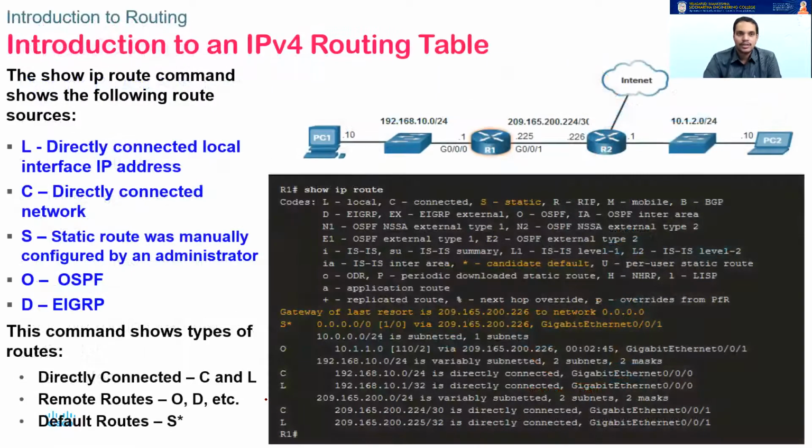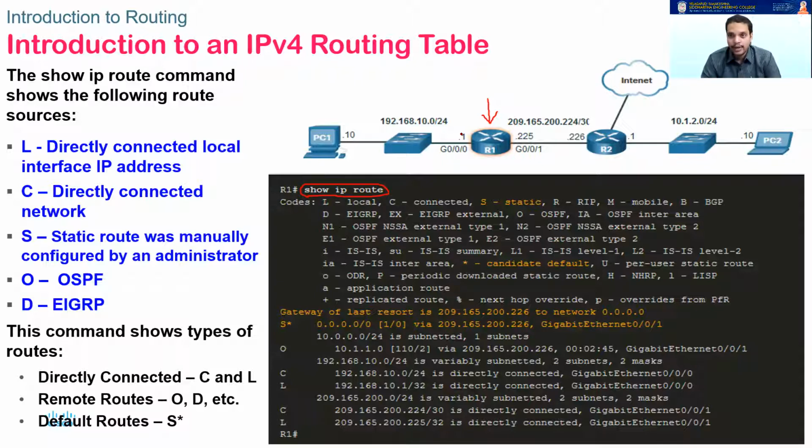Okay. So this is regarding this, and this is how an IPv4 routing table looks like. Please do not get confused or panic. It's very simple, very easy. Now take R1 once again. Take our example of R1. Let's see what you understand. Now when I go to R1 and type in the command show ip route, this is the command which will show you the routing table that is present in R1.